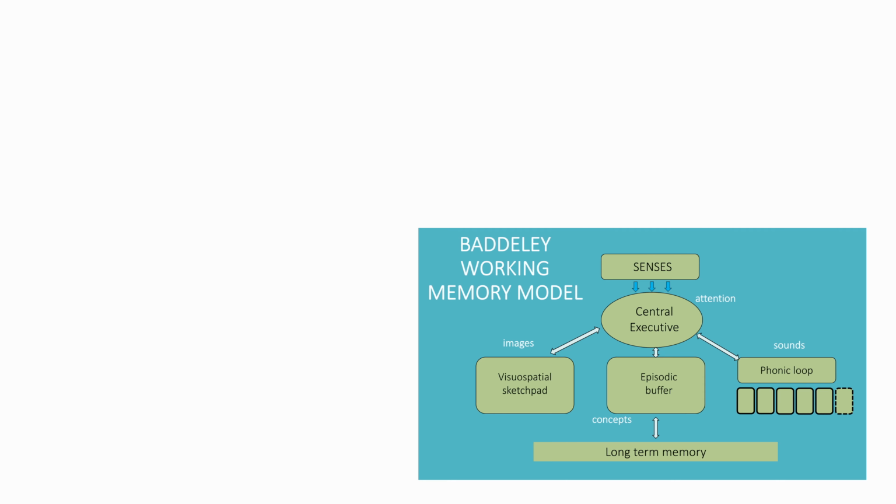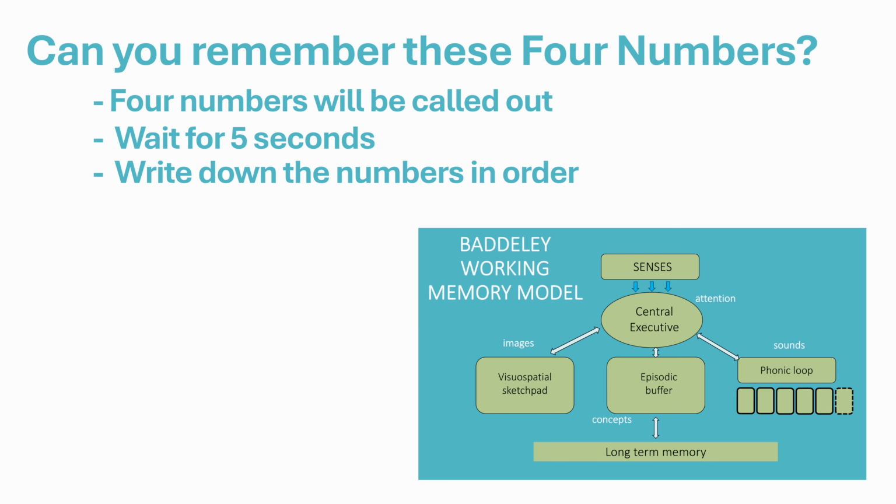So let's have a look at this wee practical activity so we can see how the phonic loop works. So I'm going to call out to you 4 numbers, the 2-digit numbers. You need to store them in your phonic loop. Try not to be distracted by other things. Once I've called out the numbers, I'm going to wait for 5 seconds and then tell you to write them down on a piece of paper. So what you need to do now is go and get a piece of paper and a pen, pause the video, and then remember I'm going to call out 4 different numbers. You're going to wait 5 seconds, you're going to write them down, and then I'll show you the numbers and see if you can